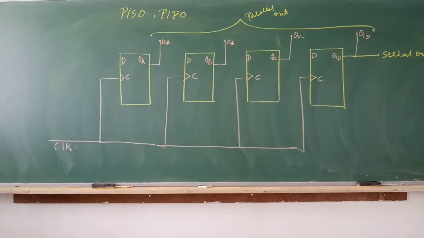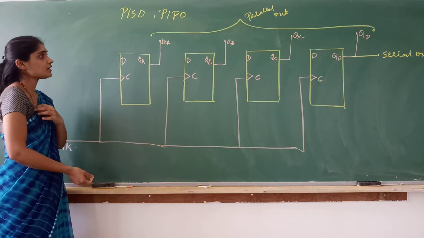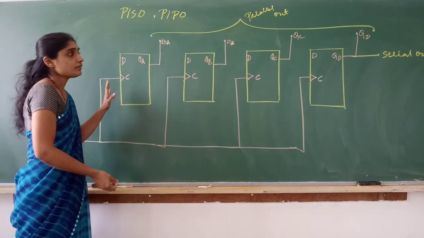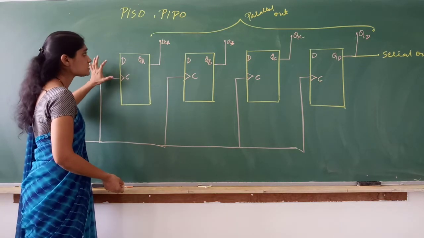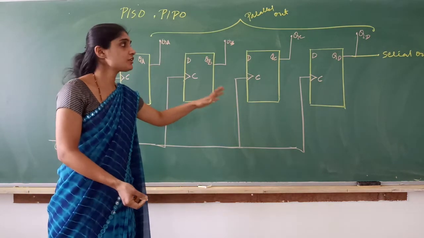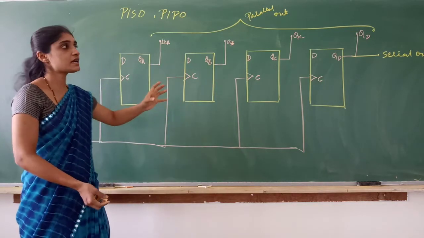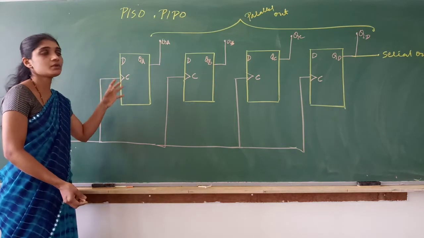Now to perform parallel in, serial out, and parallel in, parallel out, just look at the circuit diagram. It is very simple. I have not written the circuit here because if I take the circuit I have written, you may feel that the circuit is complex. So I will be writing it now, so you can just observe how I will write the circuit so that it will be easier for you to write the same in your exam.